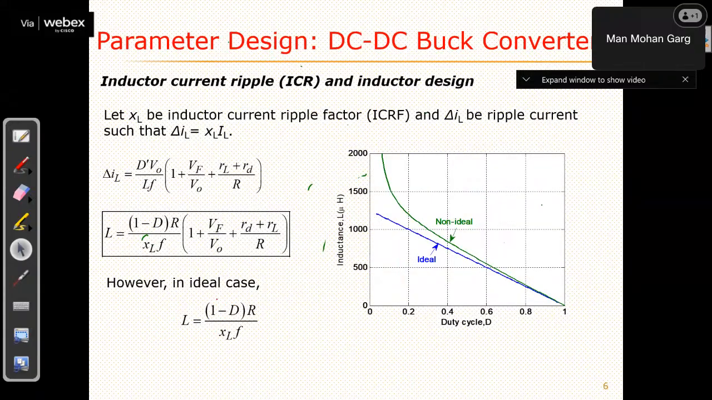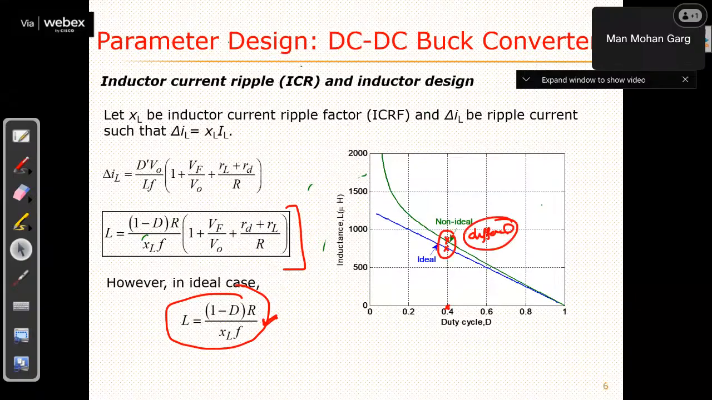Now this also affects the inductor. So in ideal case, this is the inductor value for a buck converter which is designed, but in non-ideal case, this expression comes to be something different, right? And if you see this plot, then what it says is that at a particular duty cycle, the inductor requirement for ideal case and non-ideal case are different. So, is our actual converter ideal or non-ideal? Non-ideal. Actual converter, practical converter is non-ideal. So it means if we are accurately designing this converter, then we should